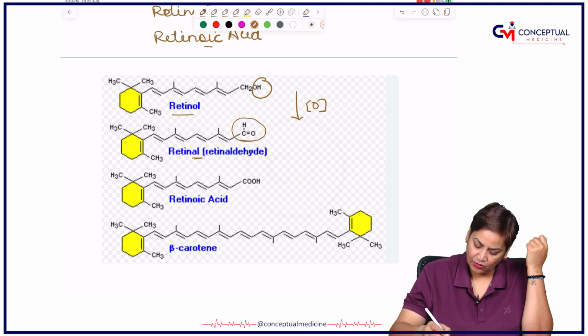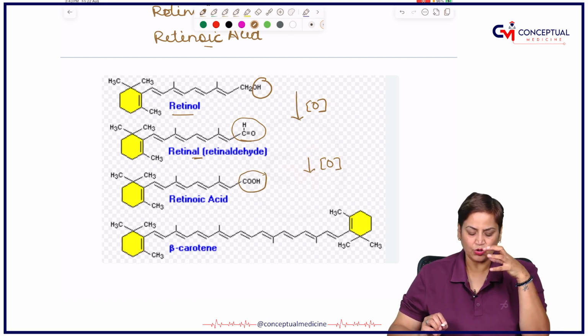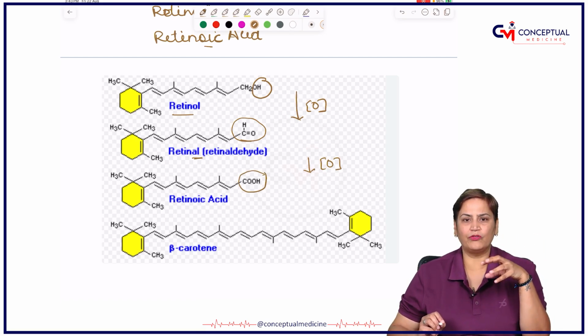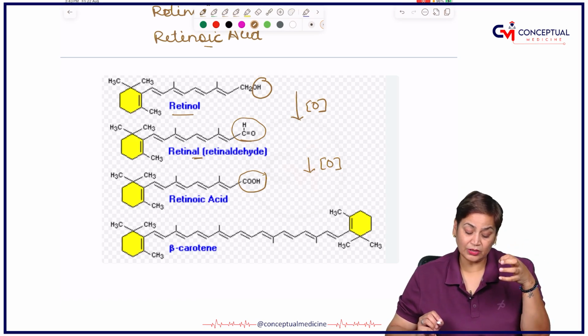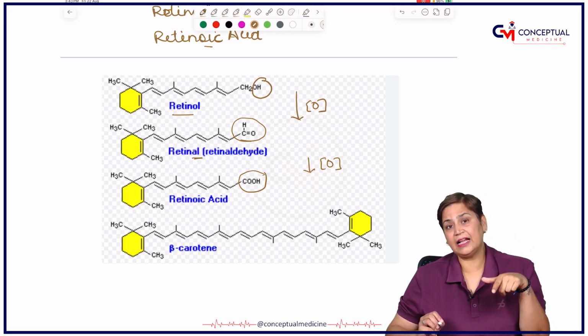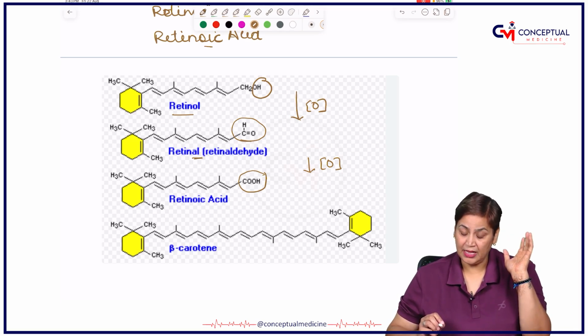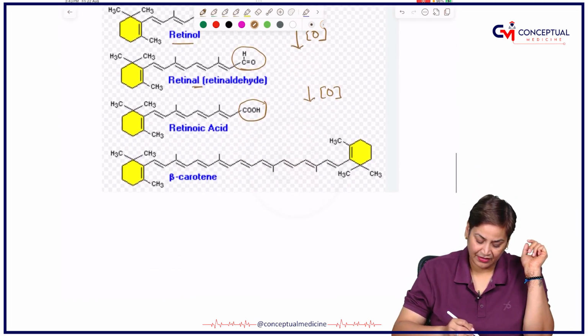And if retinal undergoes oxidation, it is converted into retinoic acid. Right? So these three are the group of the retinoids. And if we talk about the structure, they have a beta-ionone ring which is attached to an isoprenoid unit. And if we talk about beta-carotene, it has a